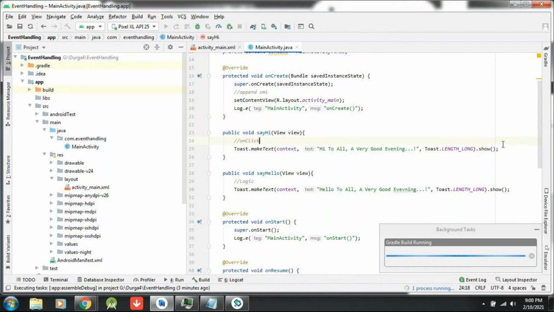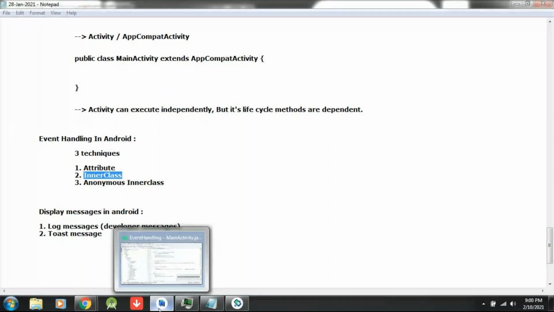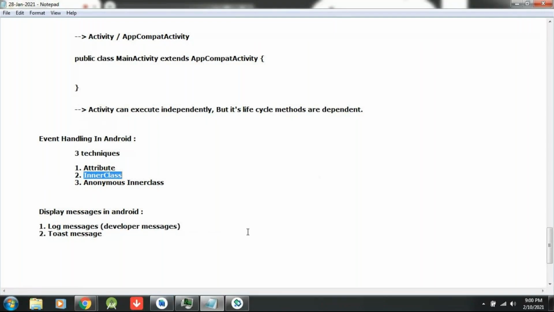Okay, you can also take one or two buttons. Practice it. But whatever I explained today, we are not writing in real time. For real time, the best thing is we used to go with the inner class method. So in that one method, however many buttons you want, you can add. You can handle them easily, and that is a perfect example for coding.